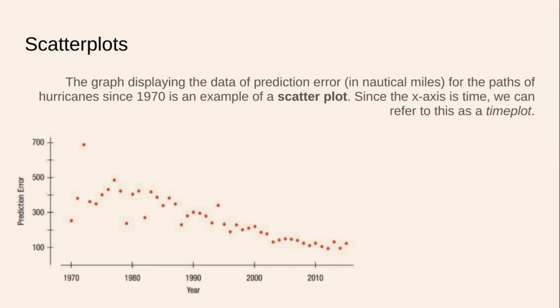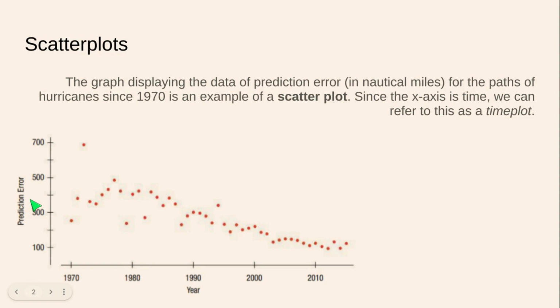Since the x-axis is time, we can refer to this as a time plot. It's a scatterplot dealing with time. So we have our years on the x-axis, and we have our prediction error. We make a prediction about where a hurricane is going to go, and how wrong we are is